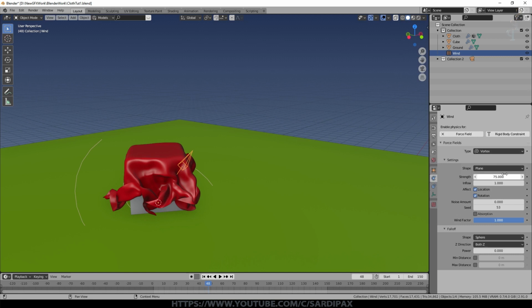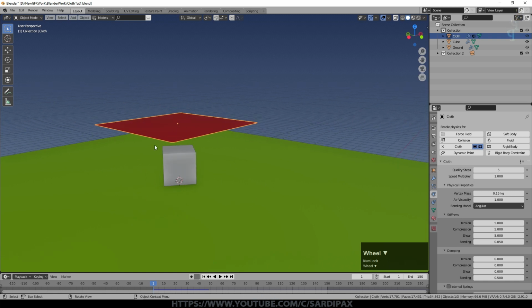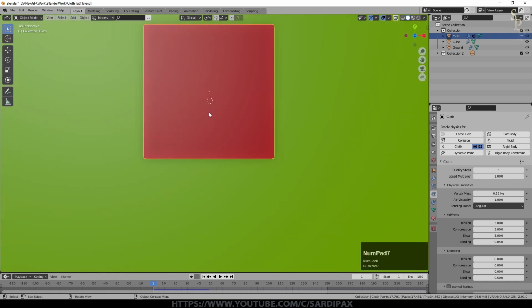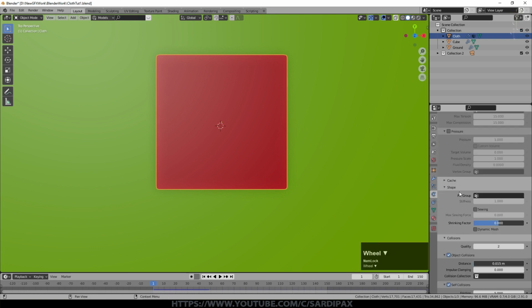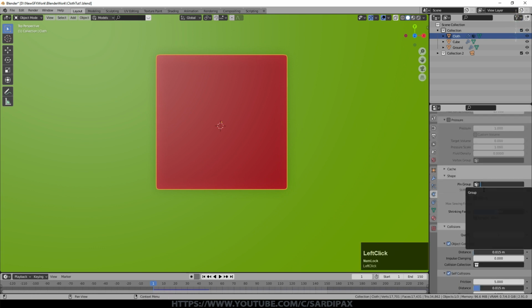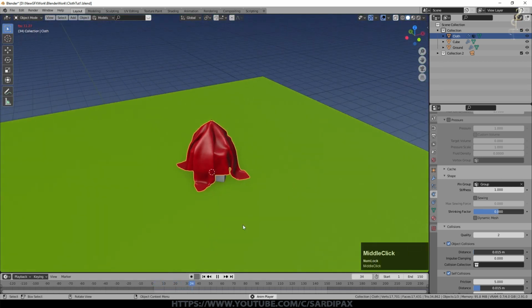So how do you move some material around? So I'm just going to remove that force. We'll go back to the beginning. If I want my material to move around and perhaps drag over that cube, because we've got a pinning group defined, we can use that. Basically moving the cloth around actually just moves the pinning group around. We'll go back to the cloth properties and we'll turn pinning on again, just to remind ourselves what that's going to look like.